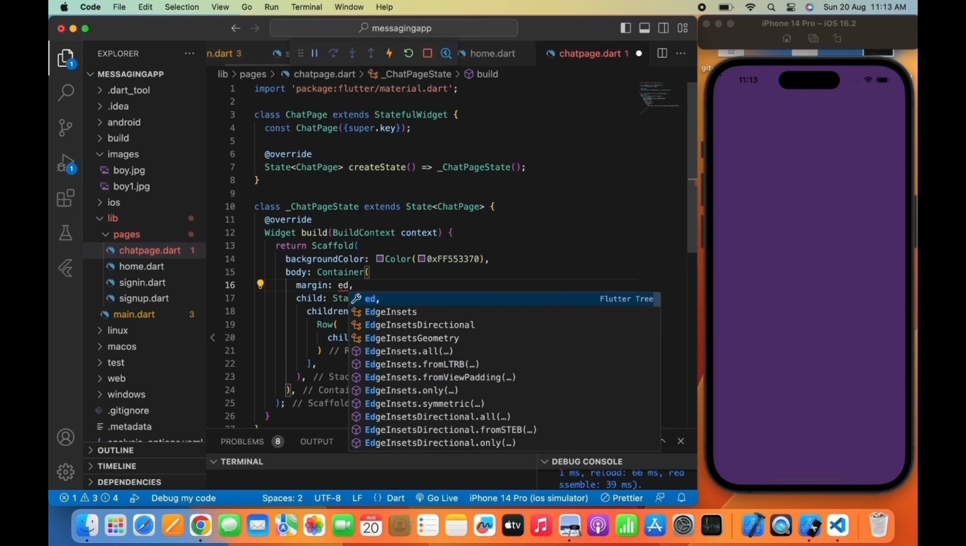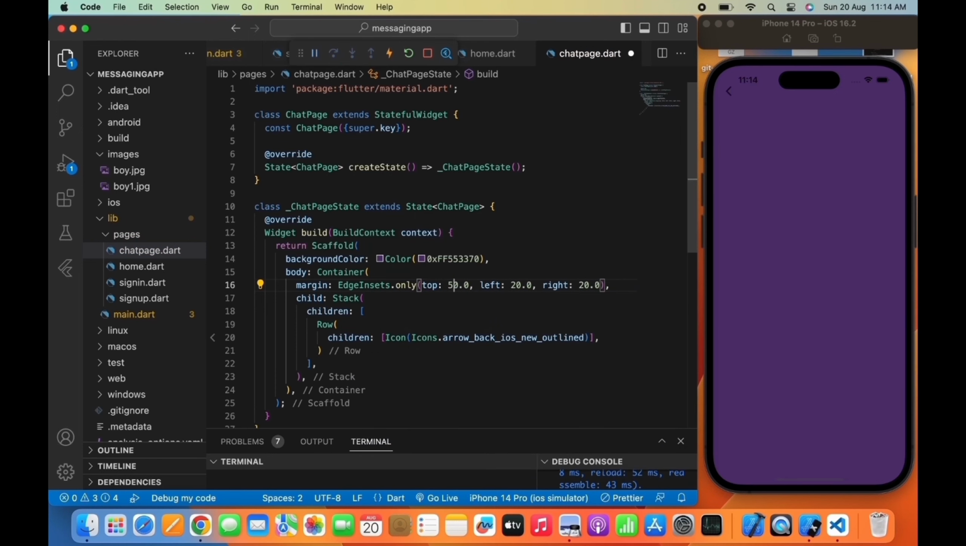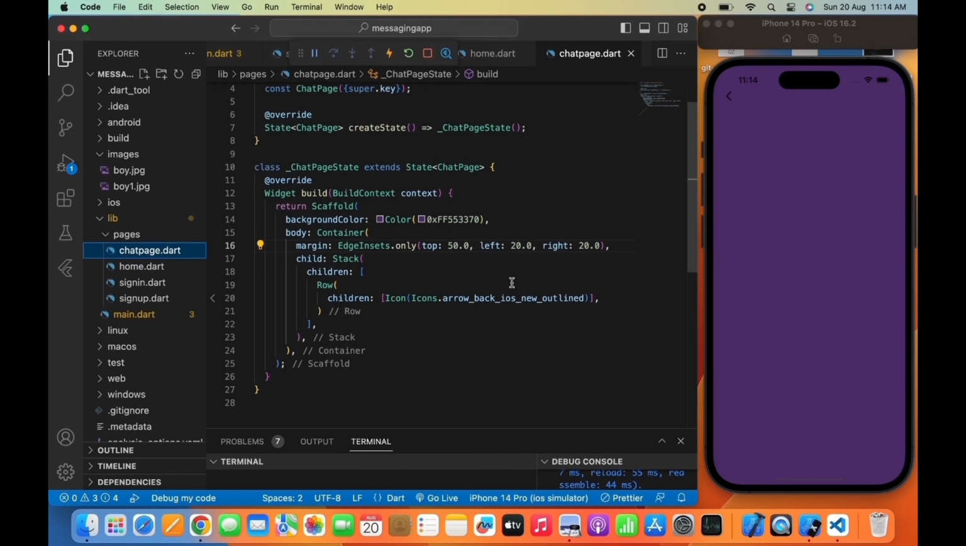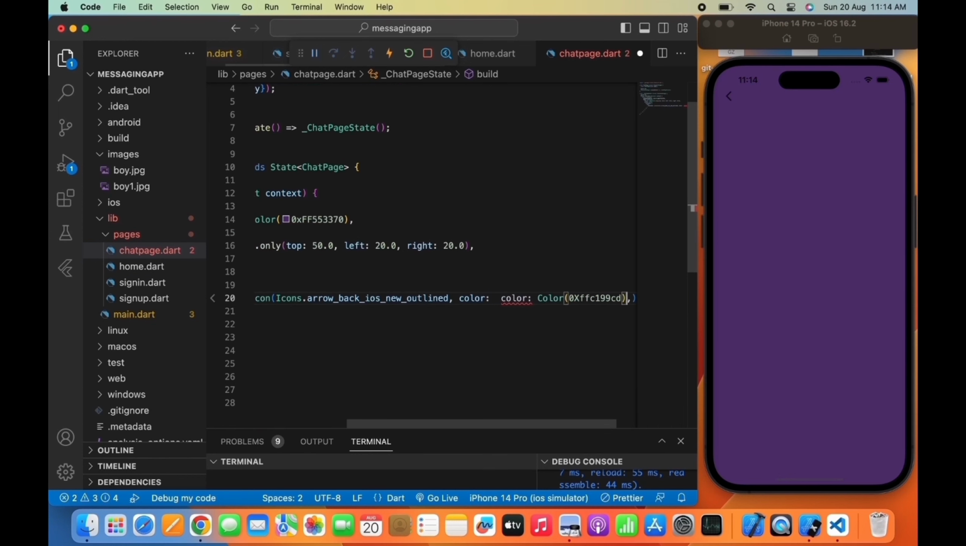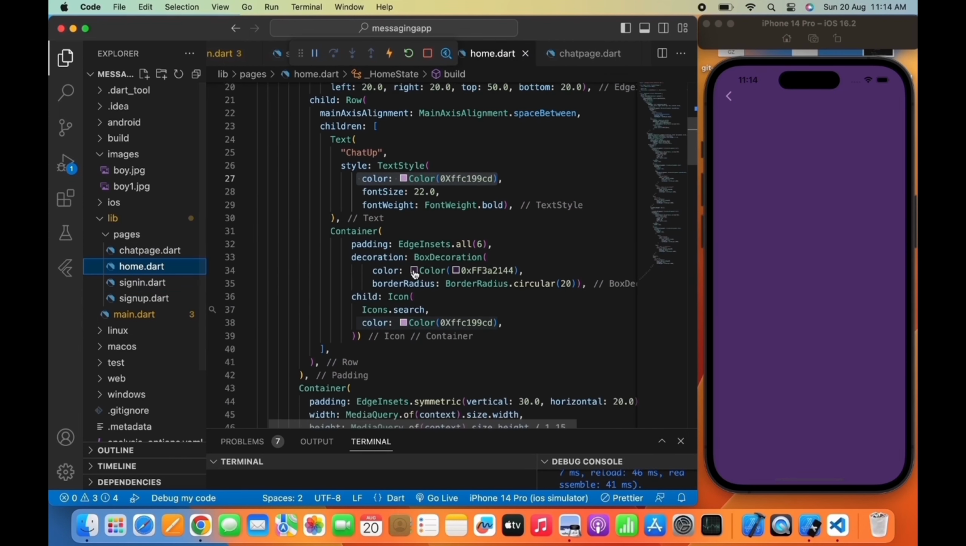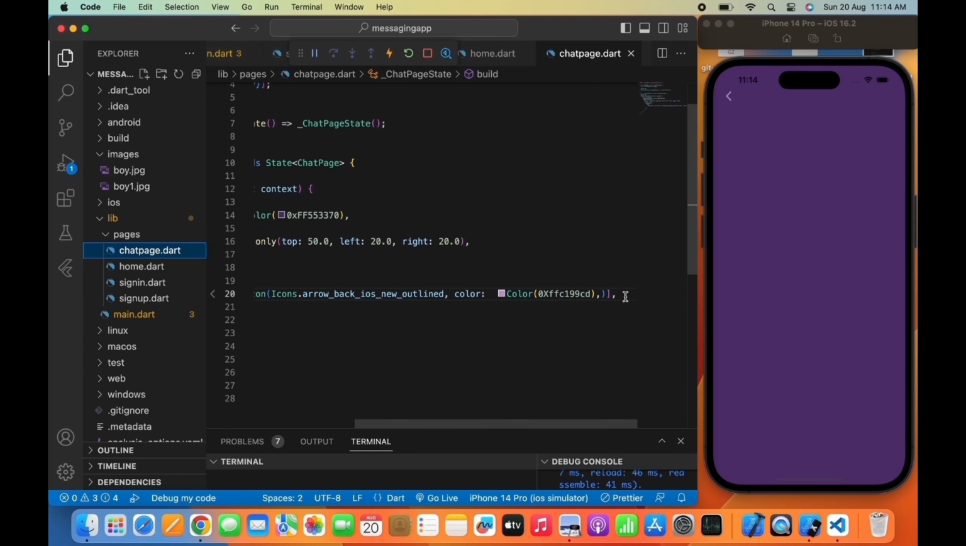Now I'll give some margin here. Now I'll copy the same color and paste it here. Instead of writing the text widget again and again, I will go to the home page, copy the text widget from here, paste it here, and we will write the username to whom we are having a chat. So I'm writing Shivam Gupta